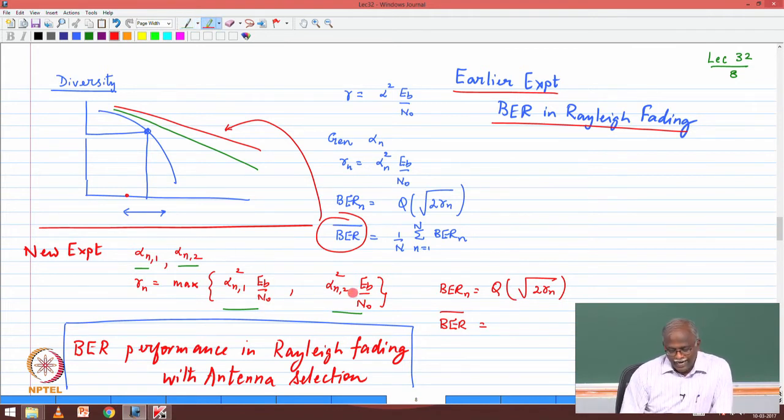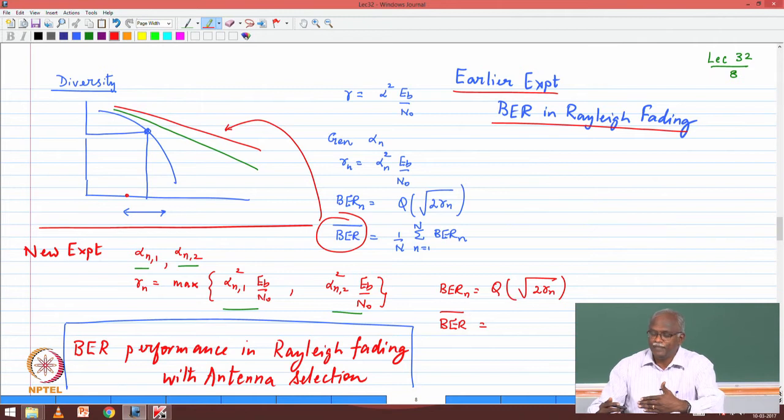Now you've got two, and you are allowed to choose the maximum of the two. There's no reason why you would choose the minimum, because the idea is that you want to get a better SNR. So you would choose the maximum of the two and continue the rest of the experiment pretend as if nothing else happened. So all you are doing is the same experiment, except that the instantaneous SNR is not chosen from just one random variable, but it's chosen as the maximum of two